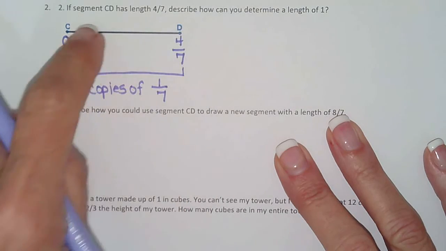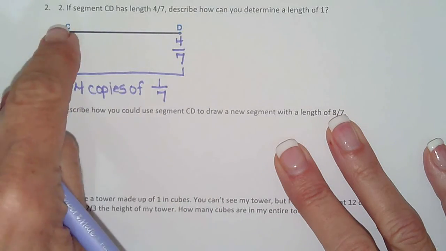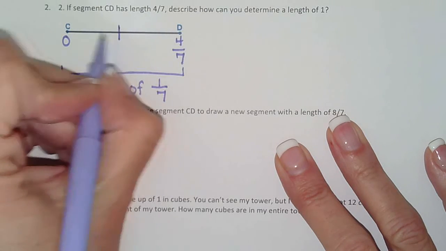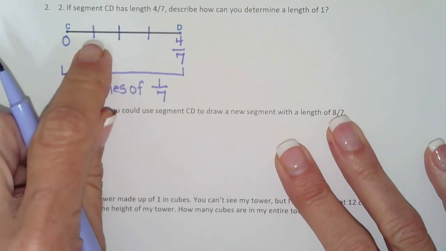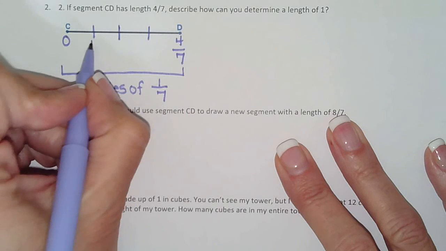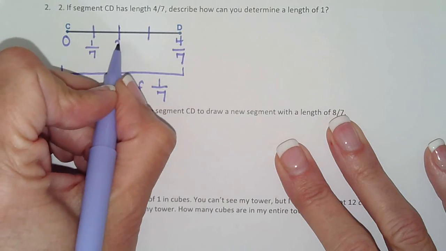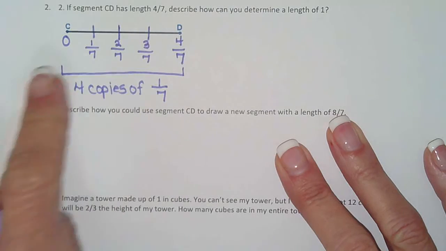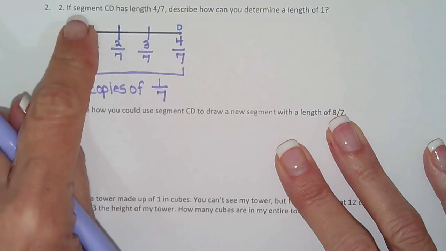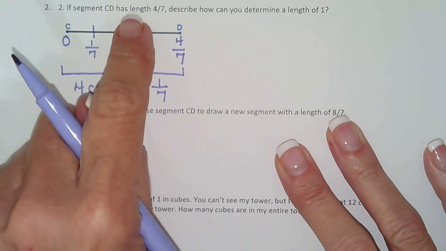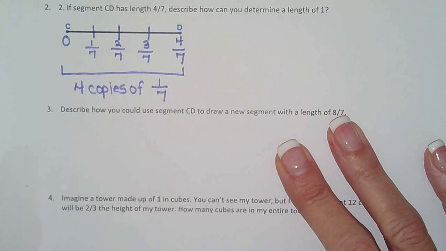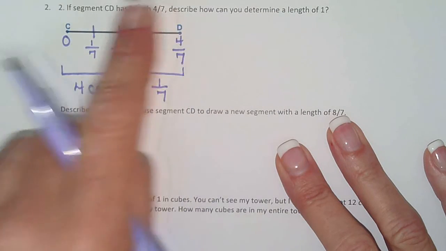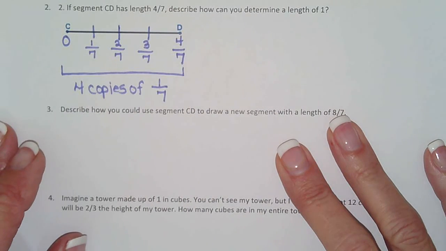So we're not going to divide it into 7 like we would when this is 0 and this is 1. We need 4 copies in there. So we can do this. So 1 copy of a 7th, another copy of a 7th, and another copy of a 7th. So this is 4 copies of 1/7. 1/7 plus 1/7 plus 1/7 plus 1/7. So I don't even read the rest of the problem right away when I read that, then I move on. Describe how you can